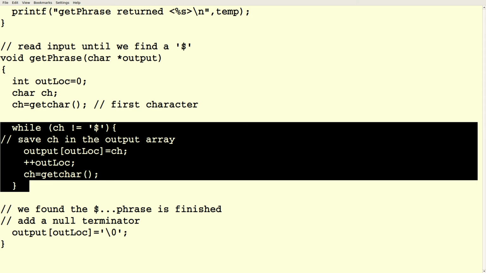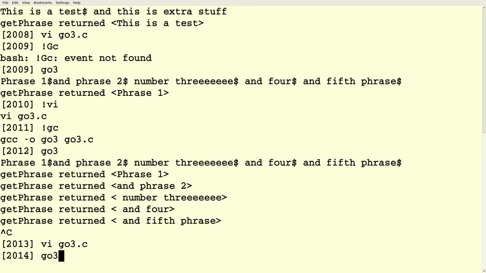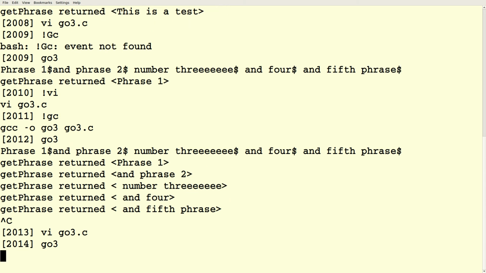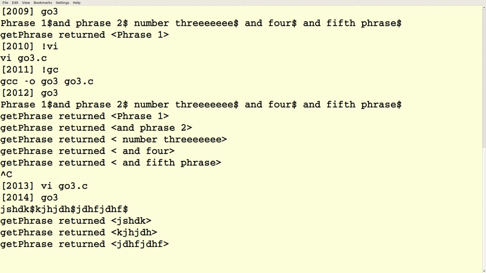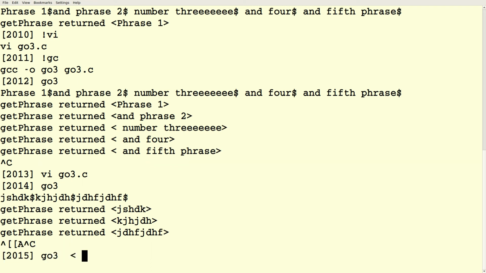I'm still confused how getchar decides where to read from. It reads from standard in. But you can change that, by pipes or... So if I just say go 3, it's just reading from my keyboard. But if I say go 3 less than a file, then it's going to read from that file.